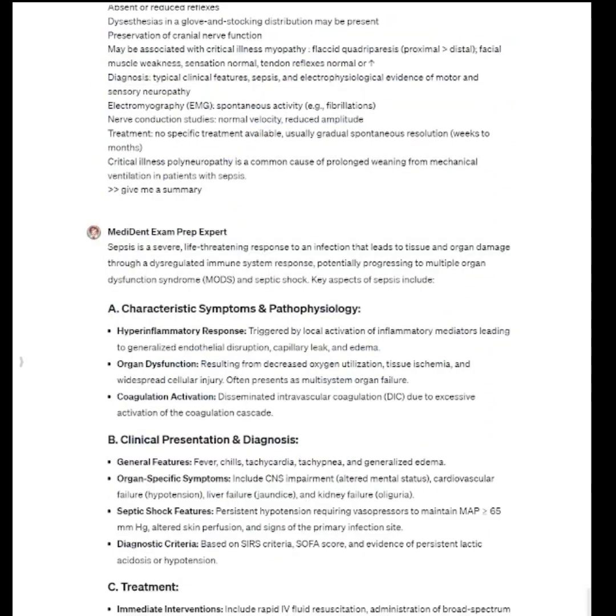Sepsis is a severe, life-threatening response to an infection that leads to tissue and organ damage through a dysregulated immune system response, potentially progressing to multiple organ dysfunction syndrome, MODS, and septic shock. Key aspects of sepsis include A. Characteristic symptoms and pathophysiology. Hyperinflammatory response, triggered by local activation of inflammatory mediators, leading to generalized endothelial disruption, capillary leak,